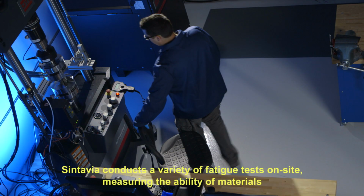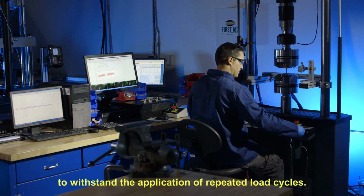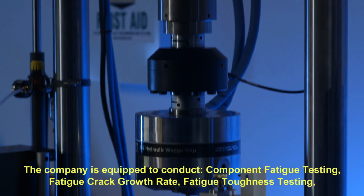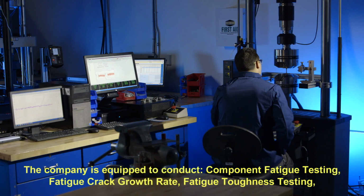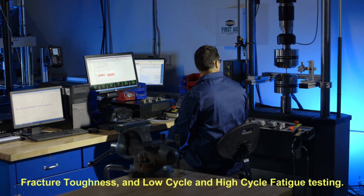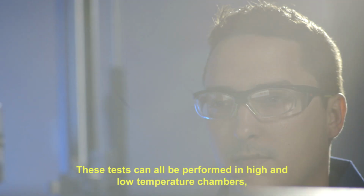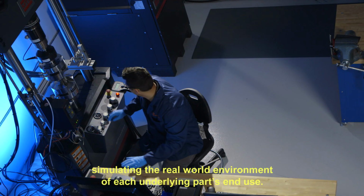Sintavia conducts a variety of fatigue tests on site, measuring the ability of materials to withstand the application of repeated load cycles. The company is equipped to conduct component fatigue testing, fatigue crack growth rate, fatigue toughness testing, fracture toughness, and low cycle and high cycle fatigue testing. These tests can all be performed in high and low temperature chambers, simulating the real-world environment of each underlying part's